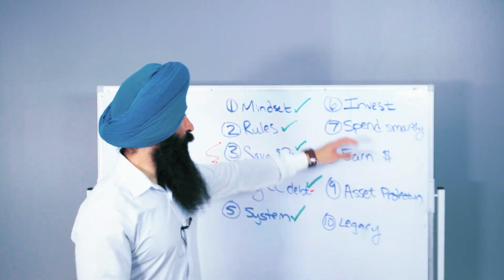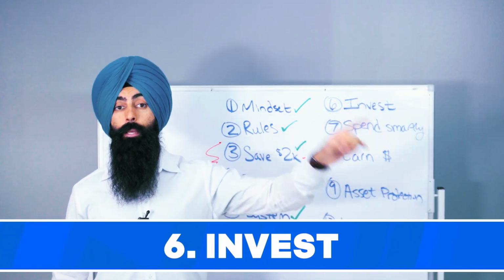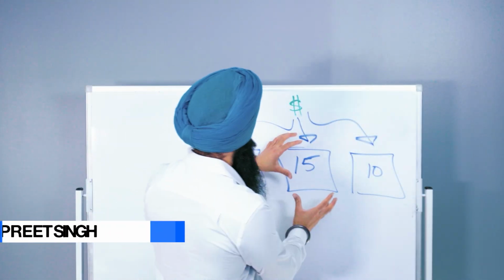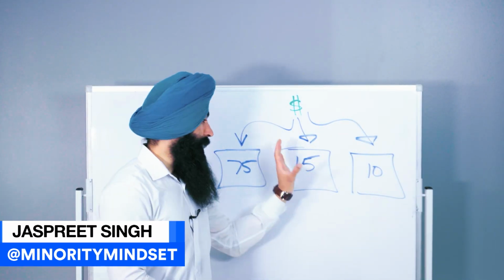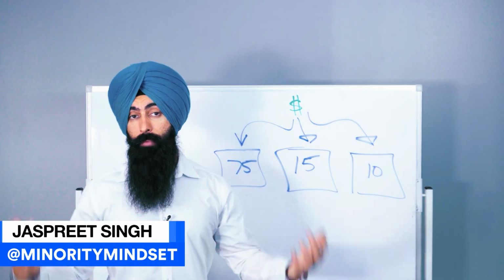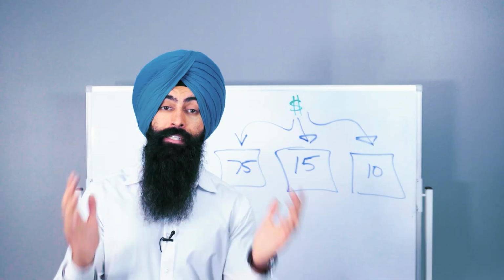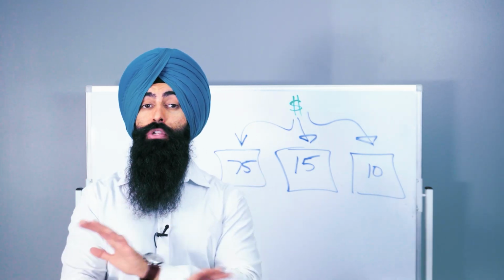So let's talk about the different ways that you can actually invest your money, build your wealth, and build true generational wealth. So this is the money that you put aside to invest. This money can either be automatically invested or you can manually take this money and invest it somewhere. And this is going to depend on your investing strategy and your investing goals. So let's break that all down.